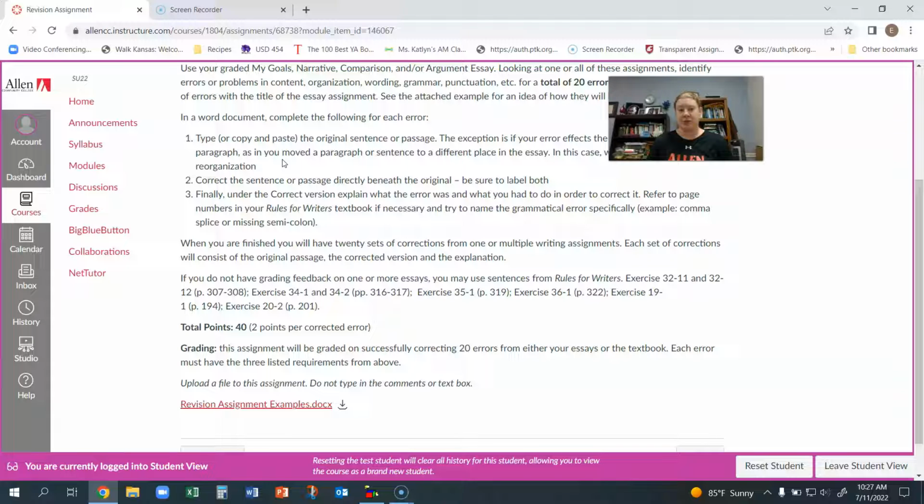Every writer has their own little quirk, like every time you write a sentence, you're going to end up in second person. I see a lot of second person in student writing, and that just happens naturally. As soon as you can start to identify those issues as you're writing, it makes it so much easier to correct your own work before you even turn it in for a grade. So that's the idea with this one.